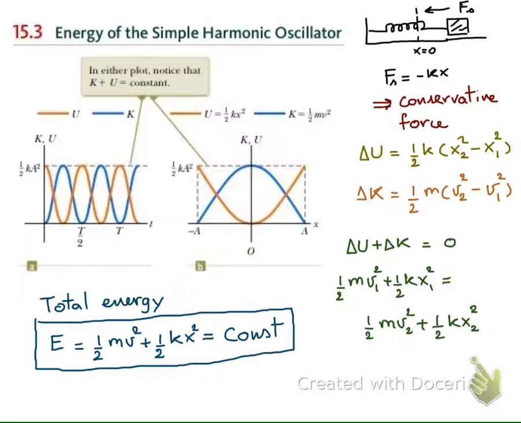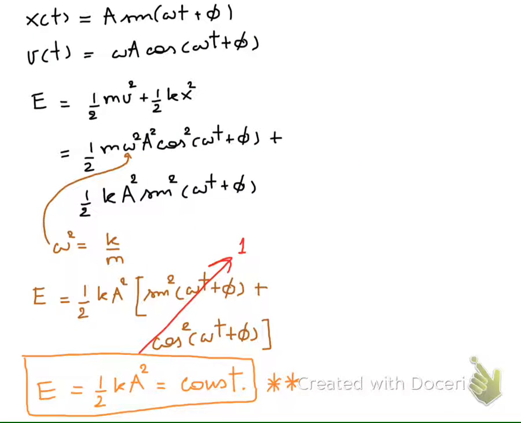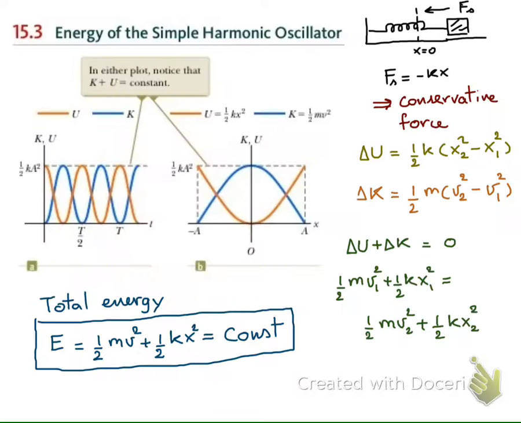Since we know that the kinetic energy, this term, depends on the cos square function, and the potential energy depends on the sine square function, the kinetic energy and potential energy will oscillate between the minimum value and the maximum value. And if we look at this figure, you can see that